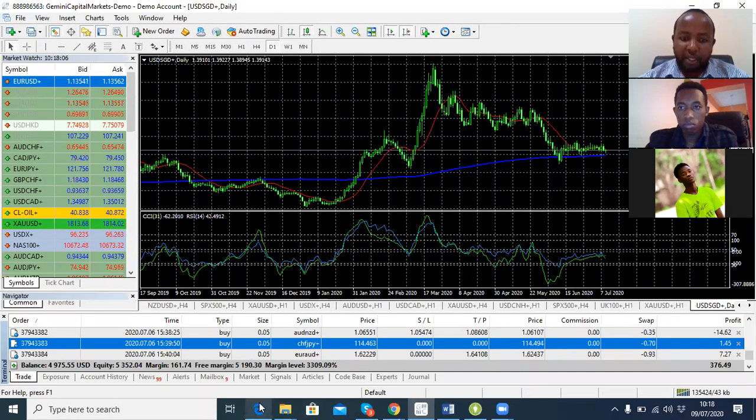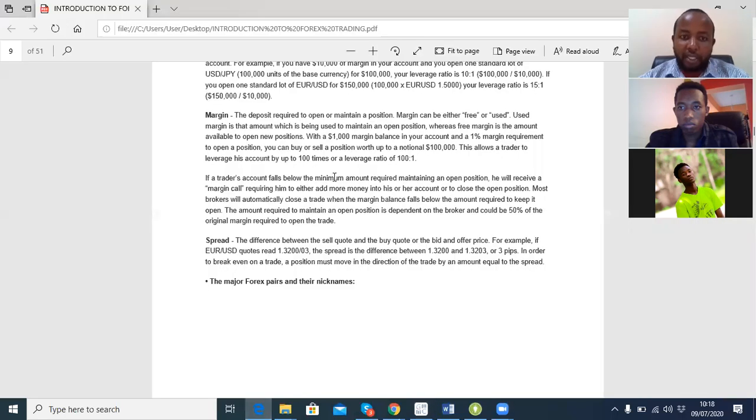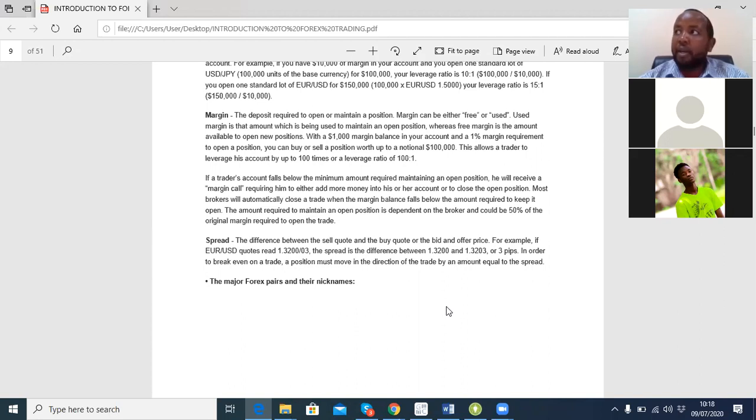So that is what margin is all about. So margin is the deposit required to open or maintain those positions. So it can either be free or it's used. So I want you to understand it can either be free or used. Used margin, for example, let me give an example. Used margin is the amount which is being used to maintain an open